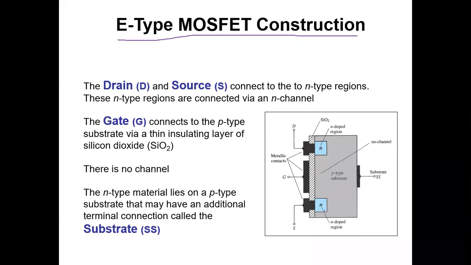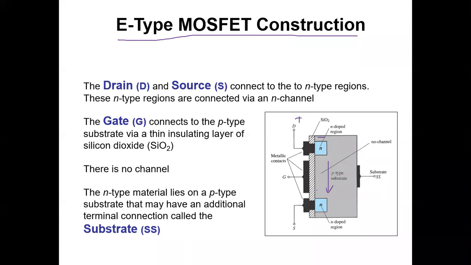When you open the tap, water from the tank, that is the source, comes to the drain, that is your bucket. Here also, when your tap is opened slightly, you apply a certain potential on the drain, and this creates an electric field. Corresponding to this electric field, electrons from the source will be attracted towards the drain, and this will generate a current in this particular direction. This is the gate, this is again an oxide layer, and this is your substrate.